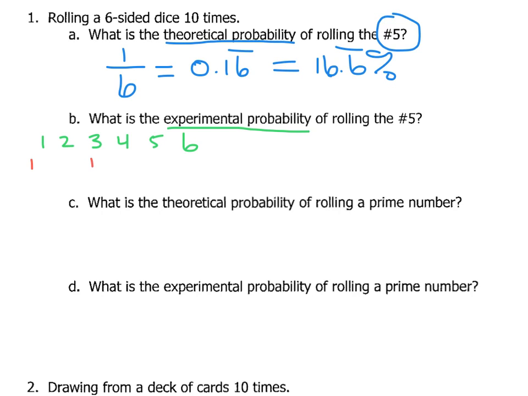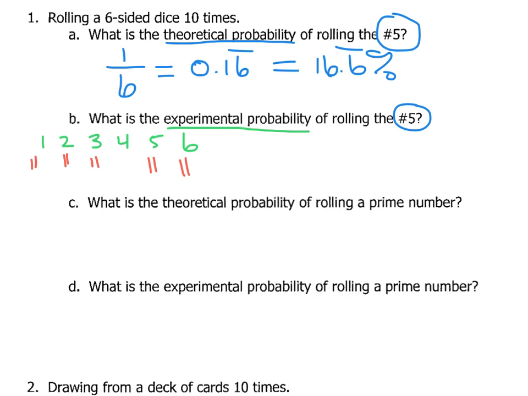a 3, another 1, a 6, a 3, a 5, a 5, a 6, so let's see, that's 8 so far, a 2, and another 2, okay? So according to this data, the experimental probability is how often did I actually roll a